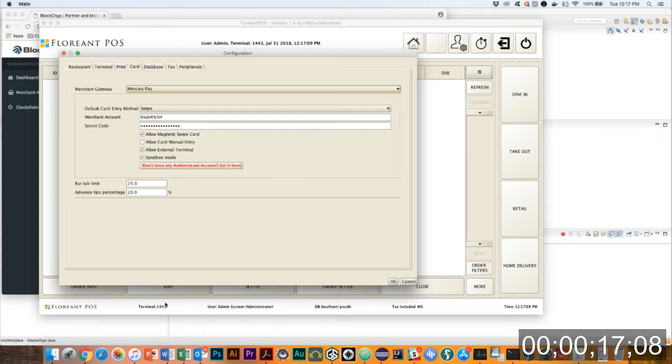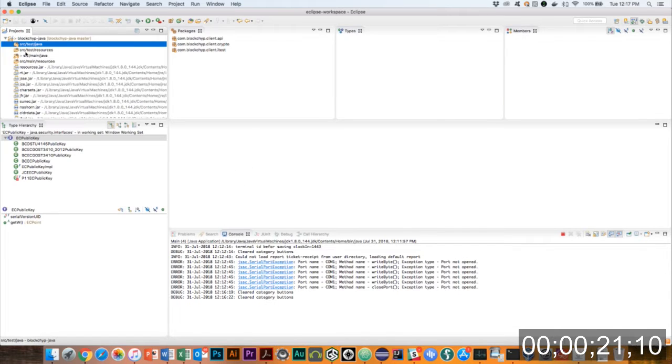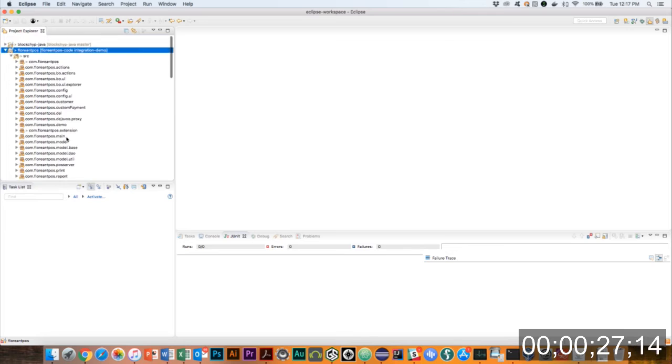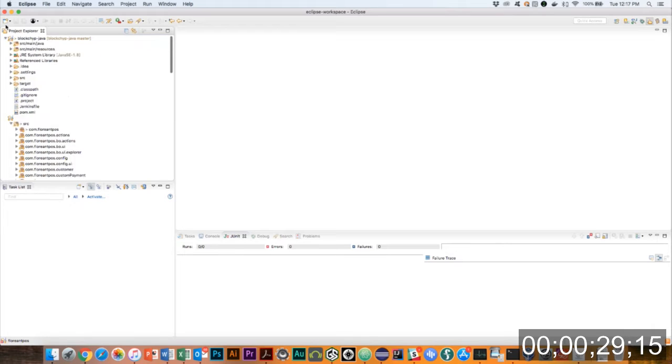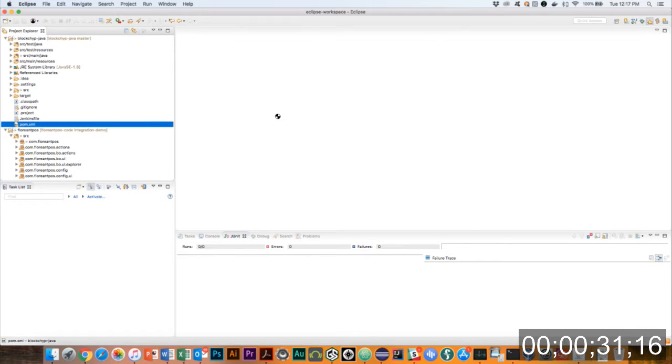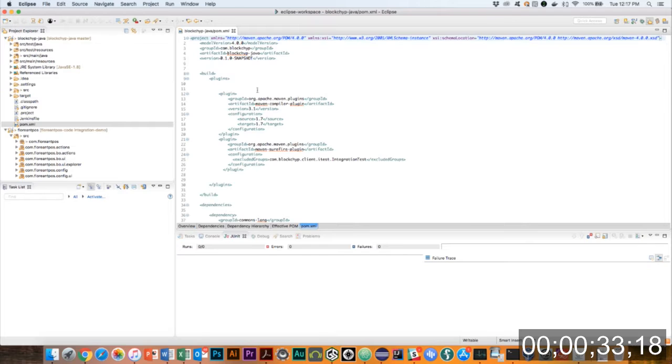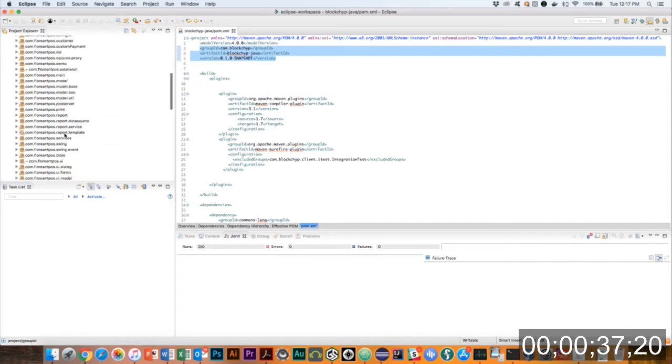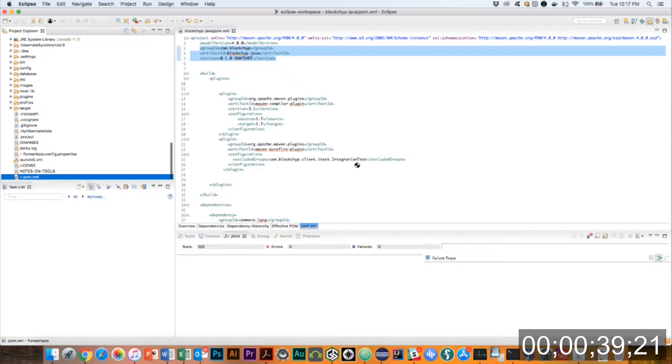So what I'll do is I'll start, we're using Eclipse. I have the source code here in Eclipse. The first thing I'm going to need to do is bring in the BlockChyp SDK, which I happen to have over here. I'm going to grab a couple values from our POM file. Those of you who are familiar with Maven understand this, so I'll just grab all those. And I'll go down here into the